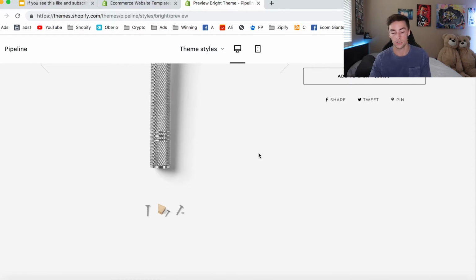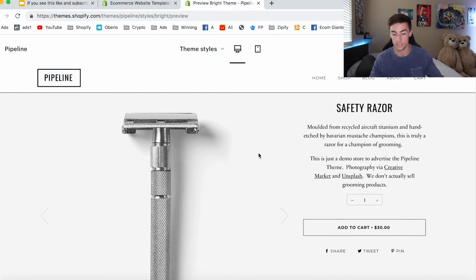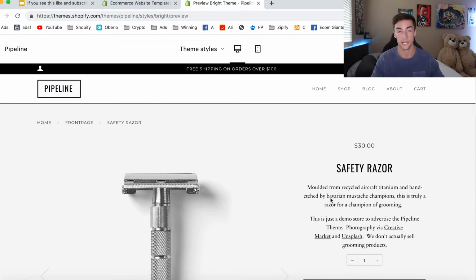And it wasn't difficult, but it's just something that I wish they could add to the customization part in the actual Shopify admin instead of having to go and edit that myself. But this is really good. Like I said, I've used this theme for about 6 months now and it is my favorite.